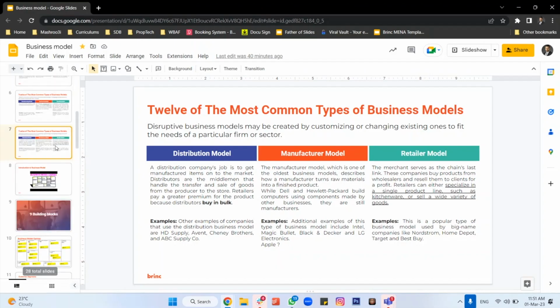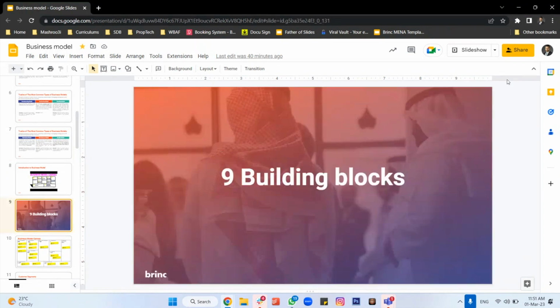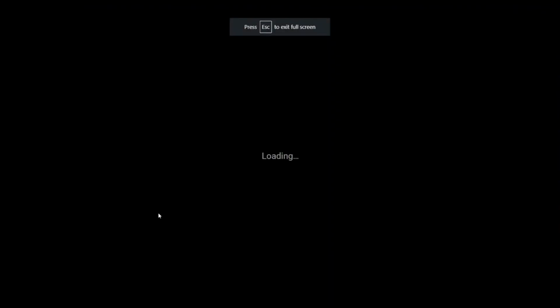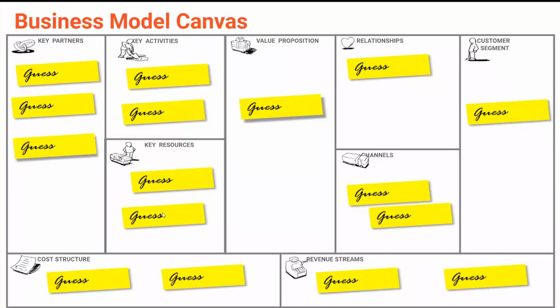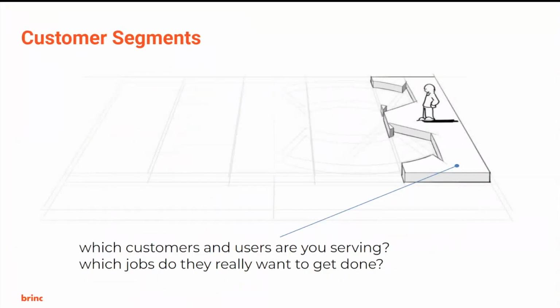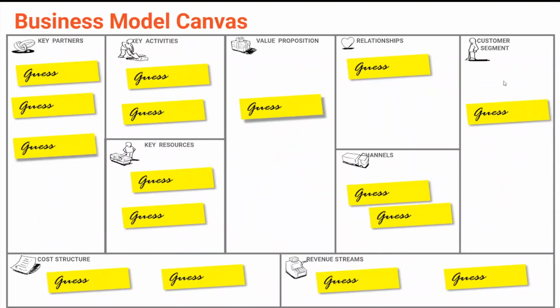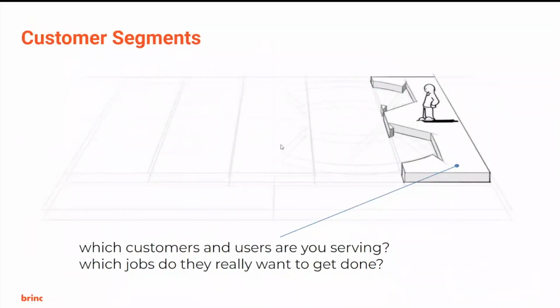Now طبعا عقب ما عرفنا ال 12 most well known types of business model, let's go through something that is called the business model canvas. And business model canvas is 9 building blocks. Okay, في 9 اشياء رئيسيه. خلينا let's take them one by one. من اليمين customer segment, channels, relationships, value proposition. ان شاء الله this is one of the workshops اللي راح نقدمها بعد ان شاء الله by next week. The key activities, the key resources, key partners, cost structure and revenue streams. نمشي عليهم واحدة واحدة. Let's take them one by one.